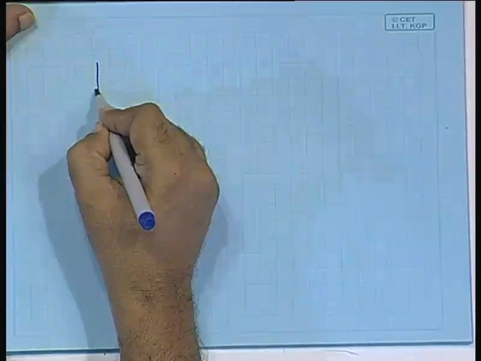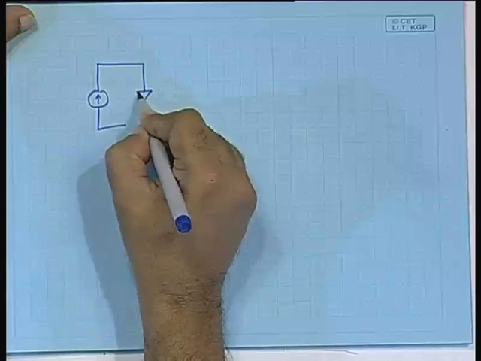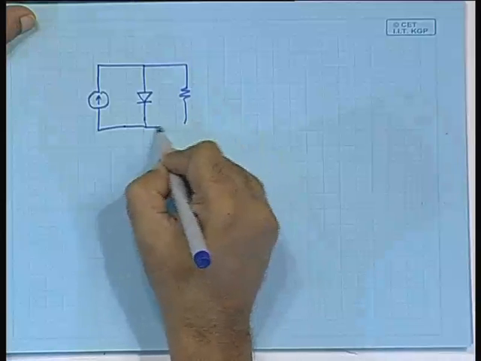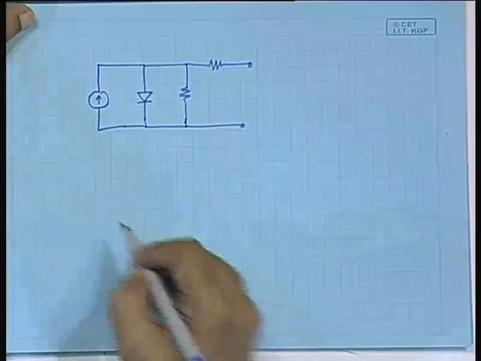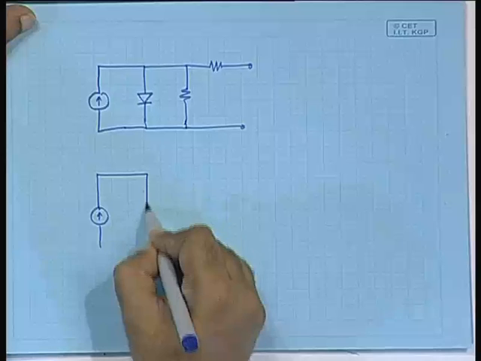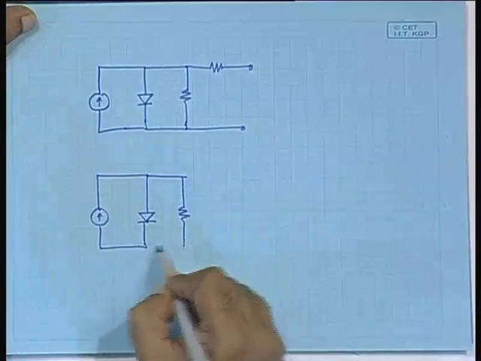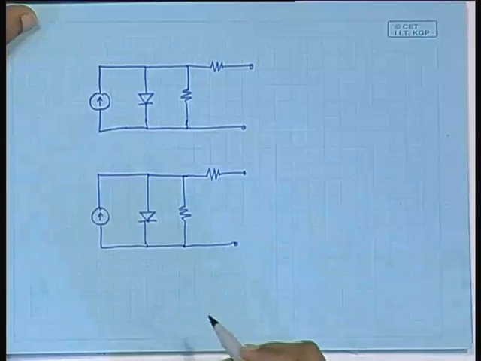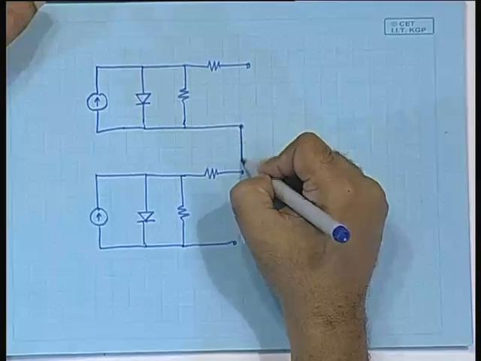So, the first panel will be represented as this, and the second panel will be represented as shunt resistance, series resistance here. Now, suppose you connect them in series, means what? Means you are taking